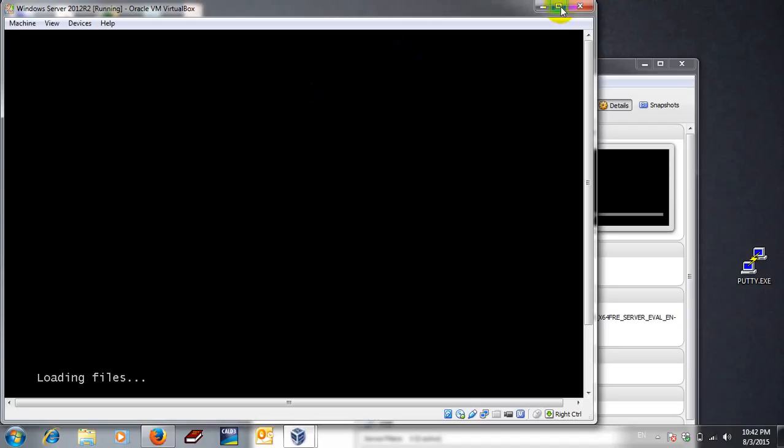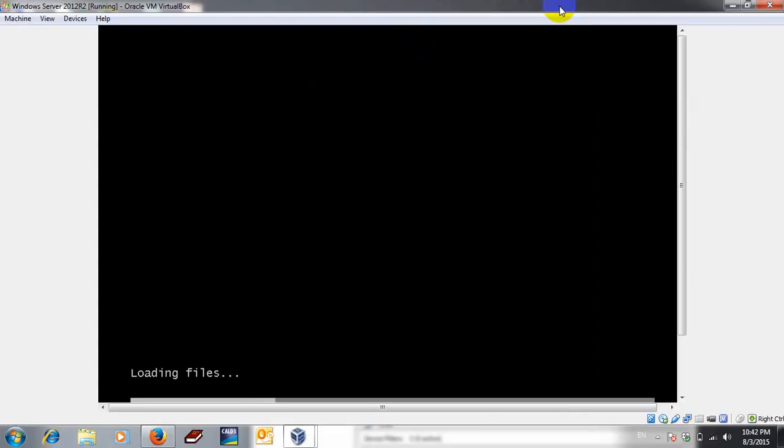It is a loading step. It's loading files from CD.